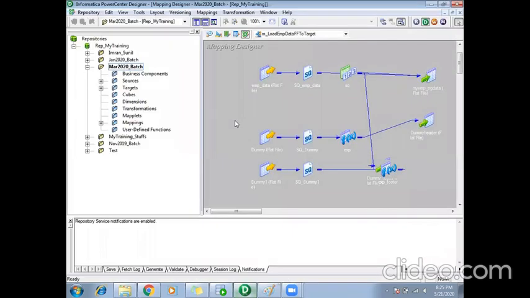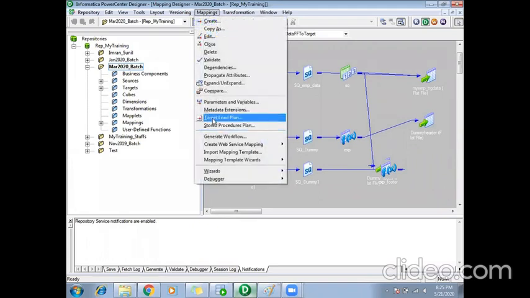Okay, so last class we discussed the target load plan feature, and also the indirect file loading, how we can load the files if we have a huge number of source files. Instead of creating a source for each of those, how can we do it with a single source using the indirect file load method that we discussed.